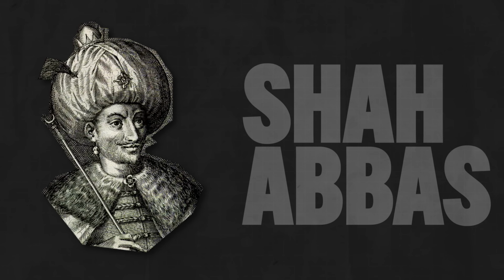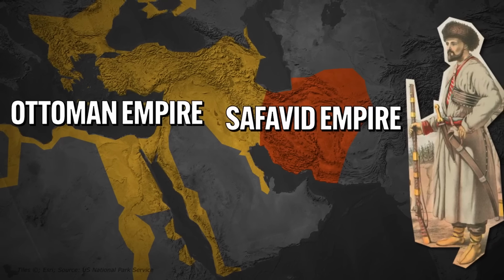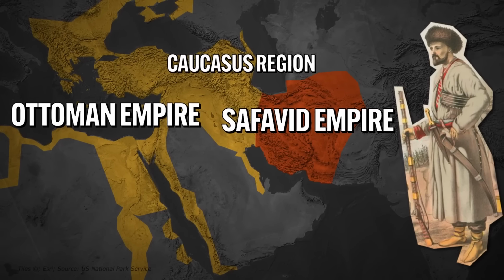So because this empire lacked any natural defensive barriers like mountains, a later ruler named Shah Abbas got to work building up the Safavid military, which included the adoption of gunpowder weapons. And just like in the Ottoman Empire, Safavid cavalry were not interested in learning to shoot guns from horses, and so Shah Abbas established an enslaved army, which were, again, like the Ottomans, Christians from conquered regions, in this case, the Caucasus region. They were highly trained and became full-time soldiers in the service of the Shah and were no small contributor to the Safavids' ability to expand.